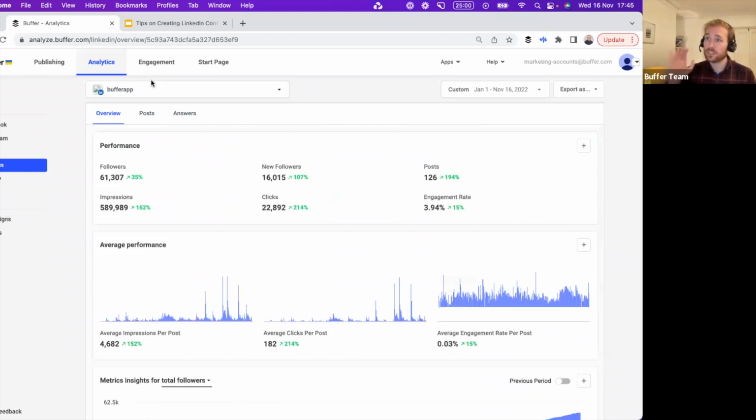That is everything I wanted to show you in Buffer today. This isn't a full-on demo today, so I didn't want to spend too much time on this, but I did just want to take a bit of time to talk through how Buffer can help for your LinkedIn business profiles and how Buffer works there.